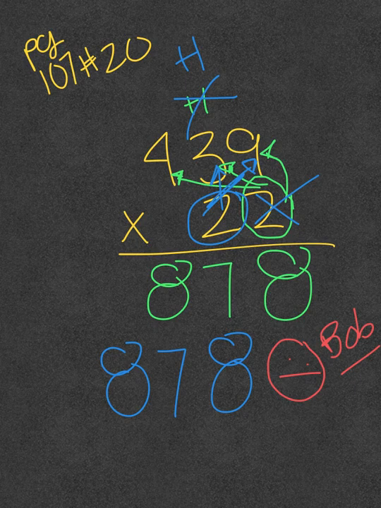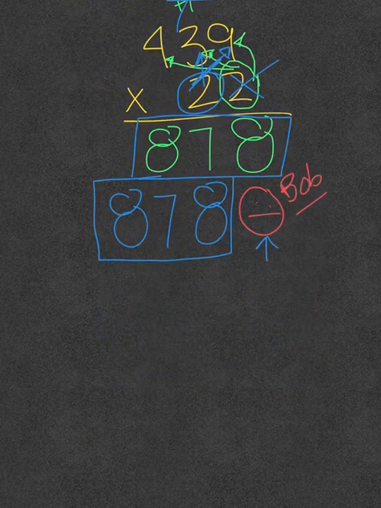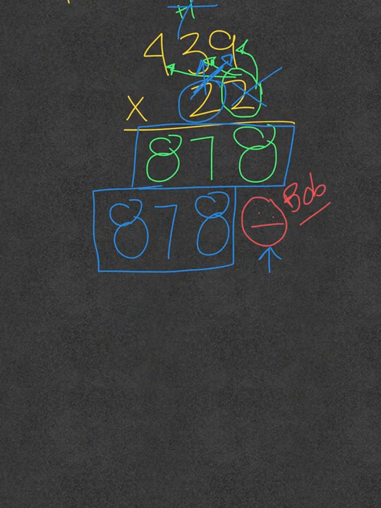And if you notice, since we multiplied both of them, the 1s and the 10s were 2, the number 878 is actually the same on the top and bottom, right? Only difference is on the bottom row. So now we have our 2 partial products, and then we can find our actual answer